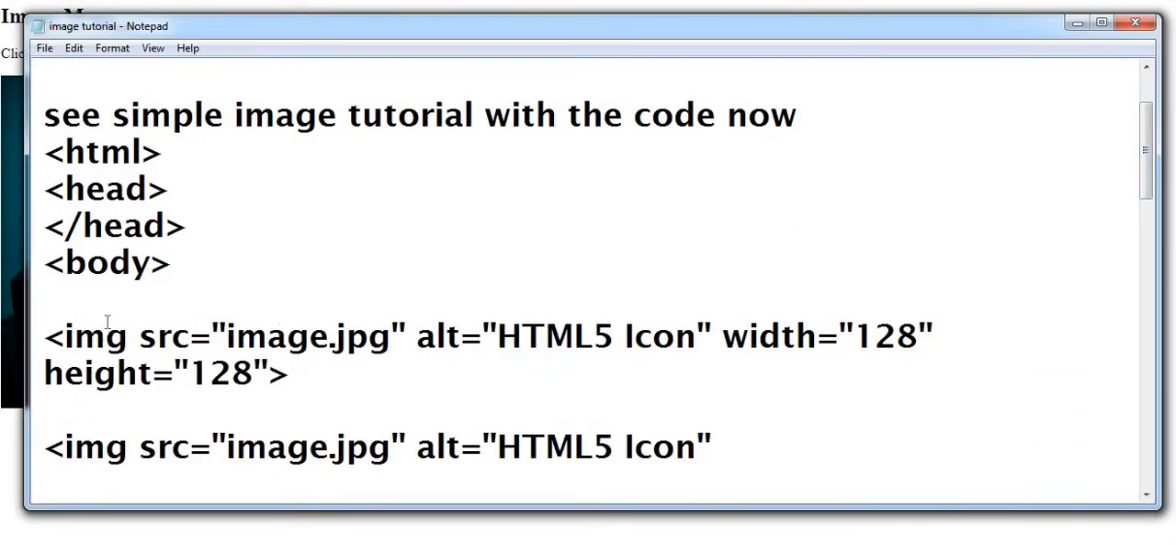We need to use the img tag for that, and with src equals, in between the quotes we need to provide the path of the image. Or if you have the image in the same folder where your HTML file is saved, then you just need to give the name of that image file. And here alt is alternative text for the image. If somehow the image is not loading, then this text will display instead of the image. And width and height are also attributes of images,